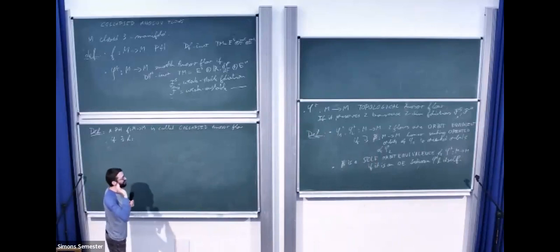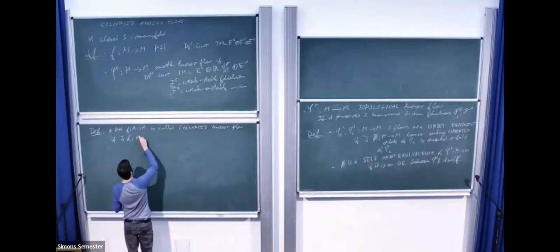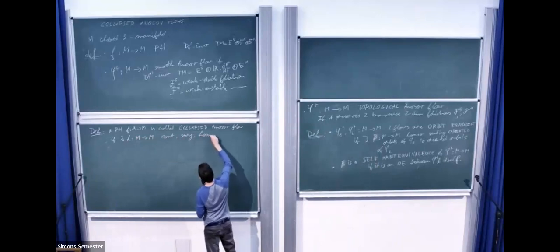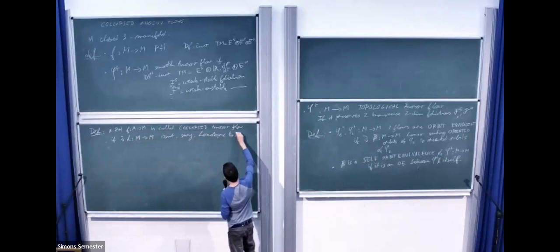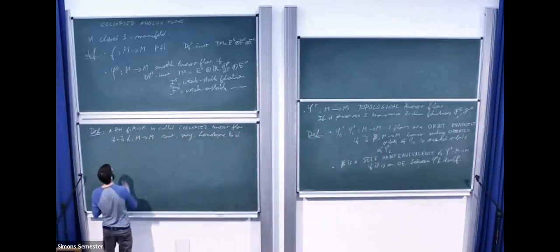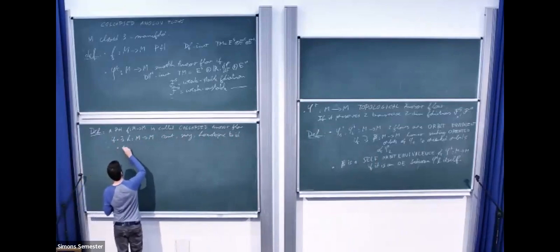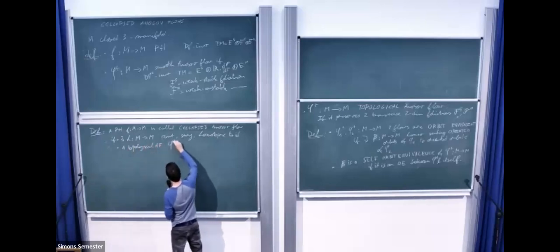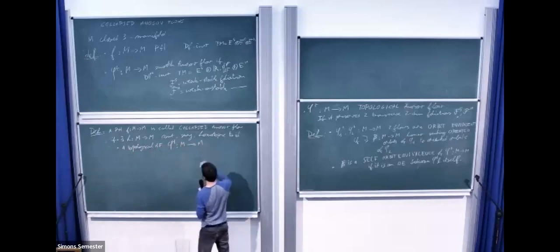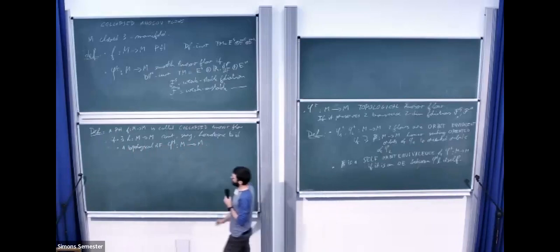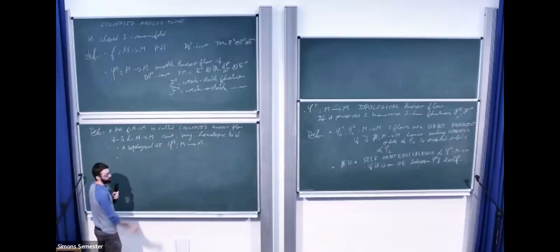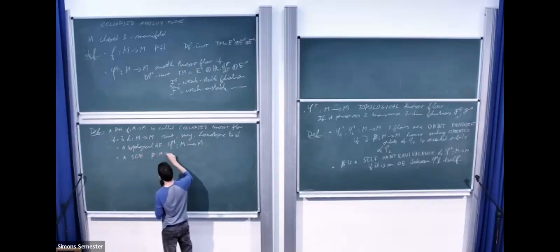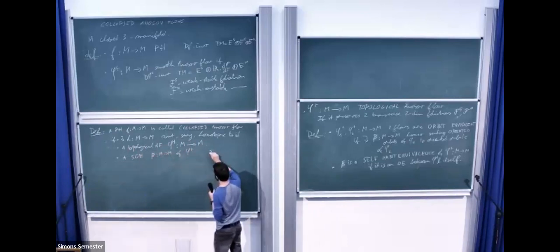Because this H is not a self-orbit equivalence. So if there exists an H from M to M that is continuous, surjective, homotopic to identity, so I need this: a flow, a topological Anosov flow, phi t from M to M, and a self-orbit equivalence beta from M to M of phi t, such that